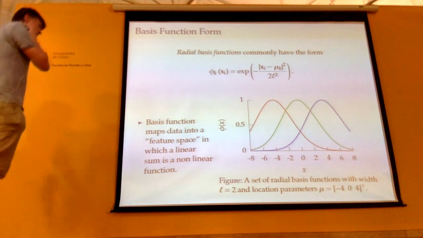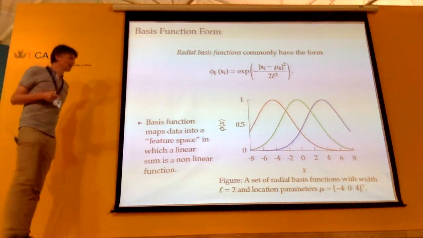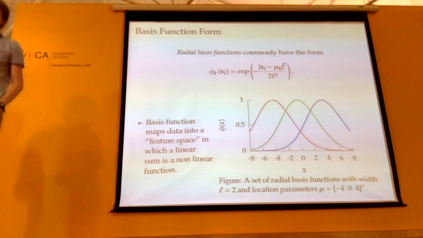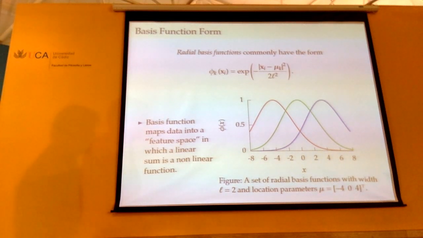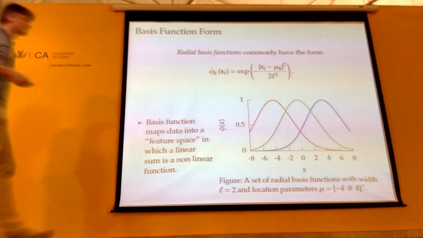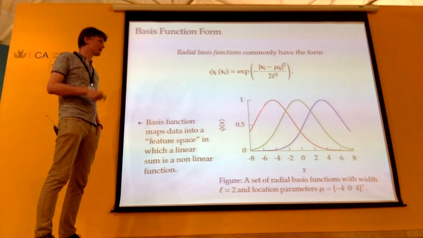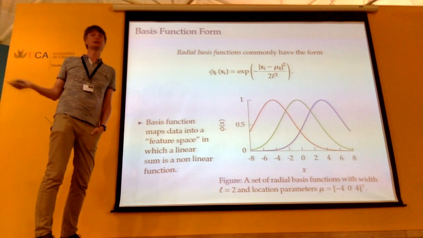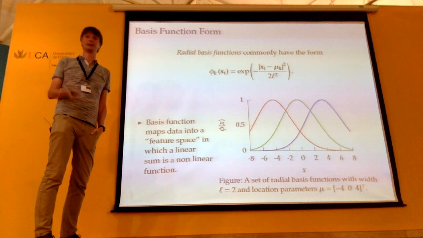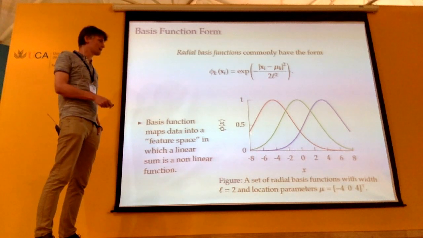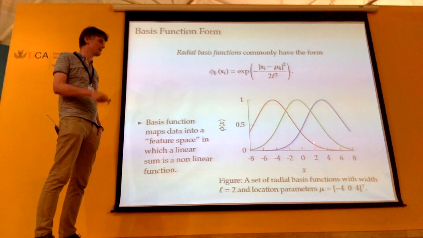Okay, so I mentioned at the beginning that these models are related to basis function models. So I just want to give you an overview of how that comes about. Typically, if we look at basis function models, we have a set of basis functions, and a neural network is just a basis function model going into another basis function model, going into another basis function model. So here I've taken a set of 3 basis functions across some input space,